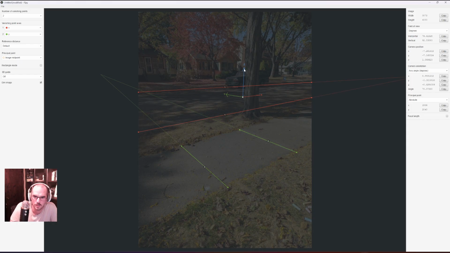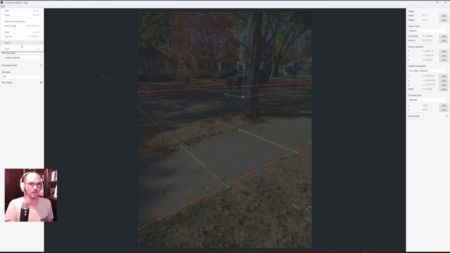It's looking pretty good. Now, just because I'm curious, I want to see what it would look like if I was doing it along the sidewalk here like this. Probably the same. Yeah, it looks about the same. Okay, cool. Great reference distance. Yep, cool. Number of vanishing points. So you could do one, I suppose, if you really wanted to. But cool. So let's save that, or let's export